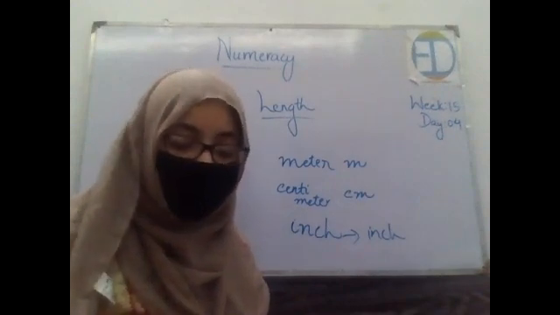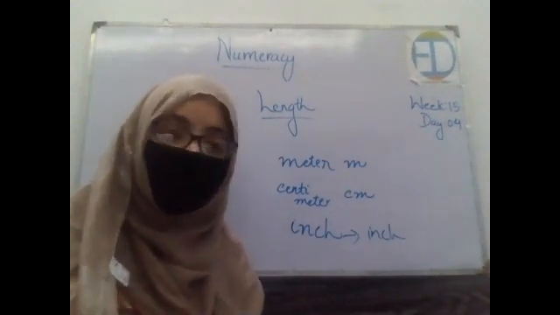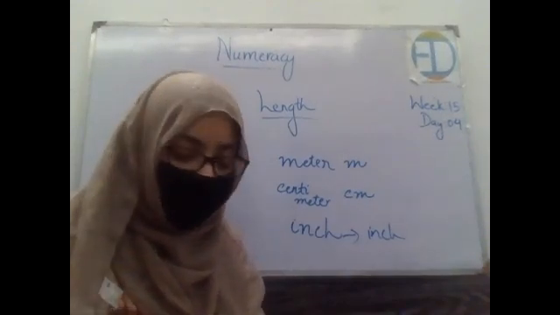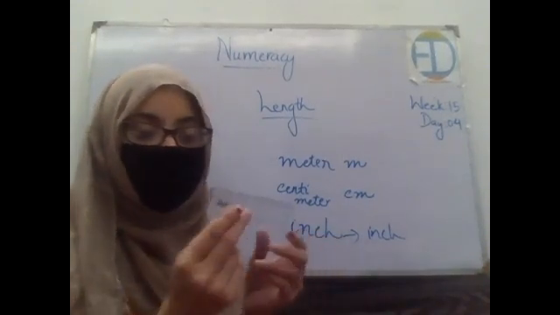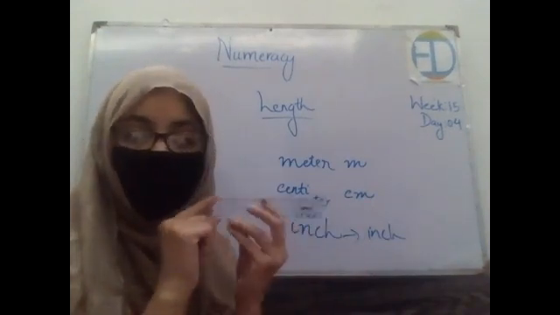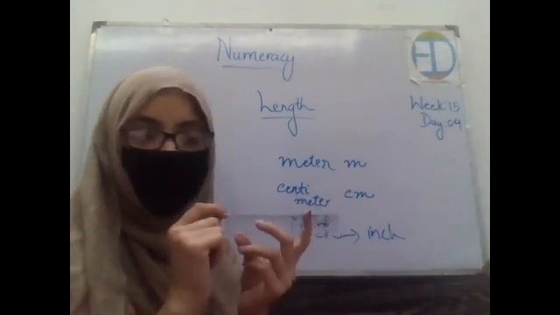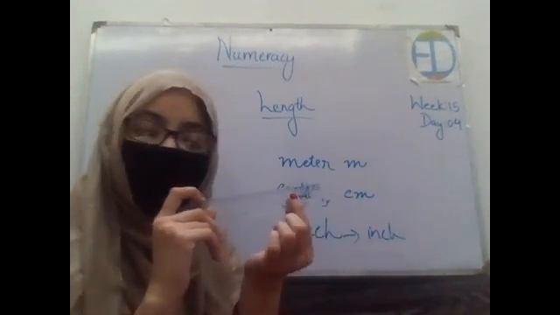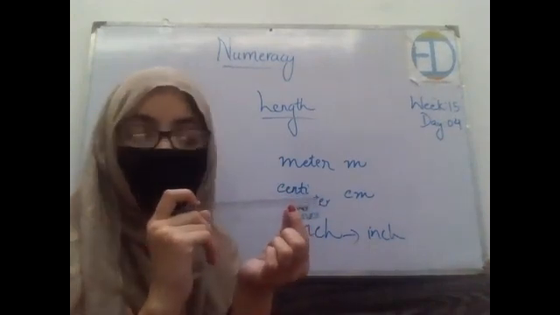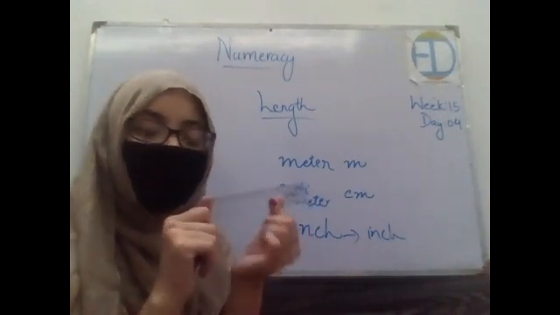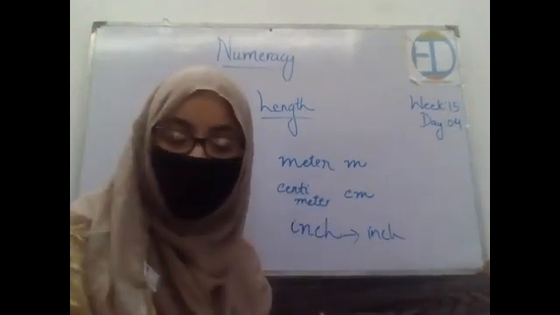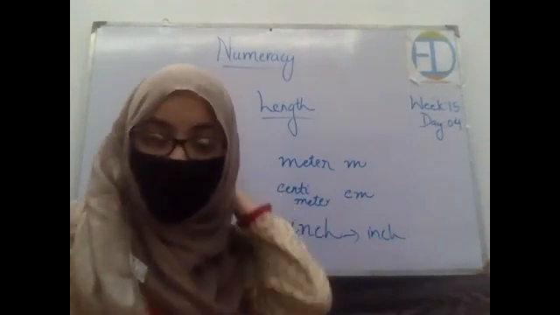Similarly, we have also learned that how we can measure the length of something, and that is very simple. How it is simple, that this very simple thing is you are just supposed to put that thing whichever you want to measure, just put that thing over the ruler, over the measuring tape, starting from the zero, and then see that at which point it ends. The point where it ends, you are supposed to just note down the measurement, and this is the total length of the thing, right?